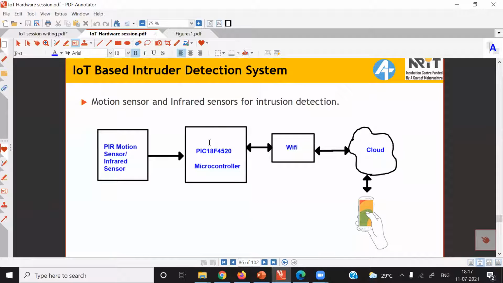So we have here two choices. There could be another method to detect the intrusion. The only thing is the method of sensing will be different. The remaining part will be the same: data transmission from microcontroller to cloud and cloud to Android app. This part will always be the same for different types of IoT based projects. So whenever there is a change in sensor, the nature of data will change and the nature of controlling output will change.